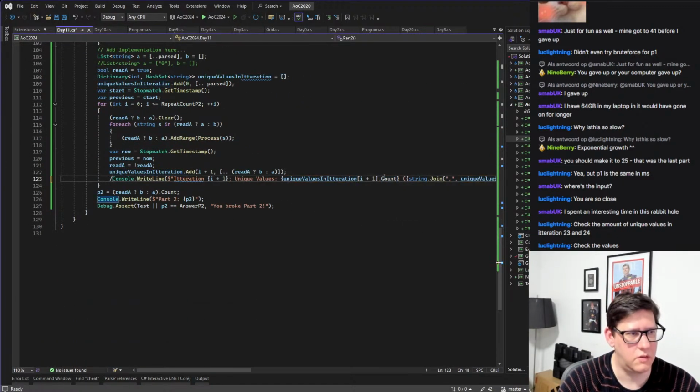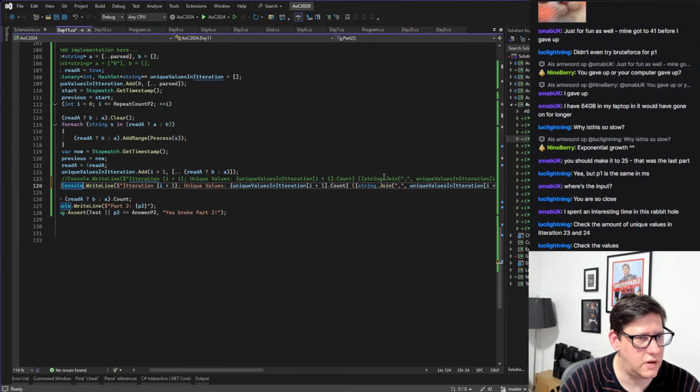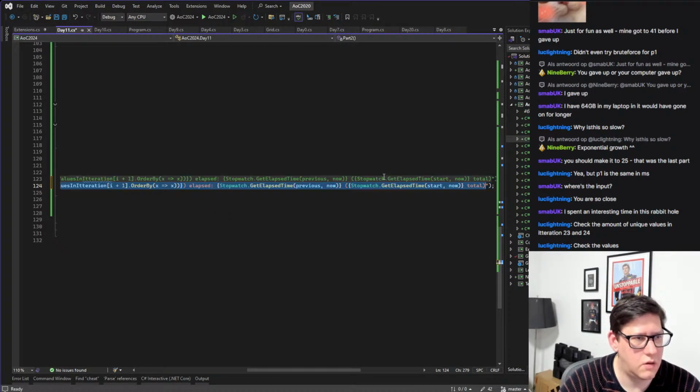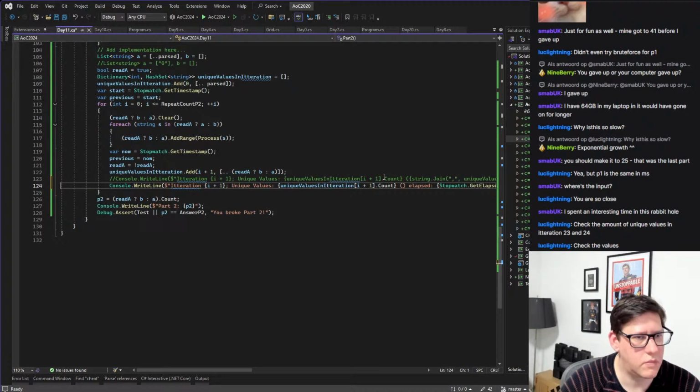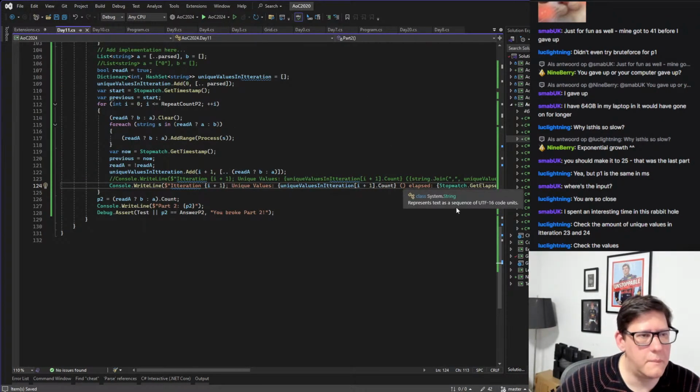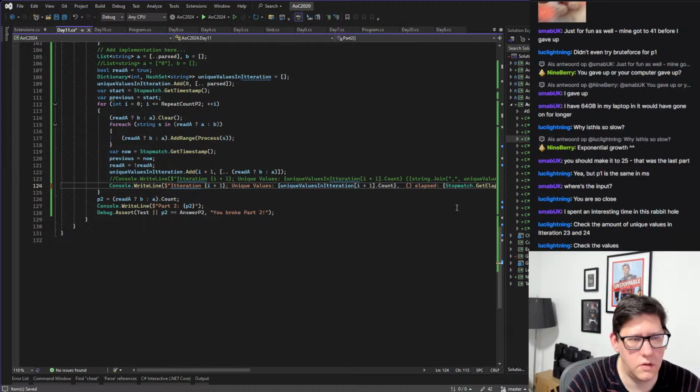R2, and we don't want to actually dump out all the values. That is fine. Unique values, total values, and this one will be